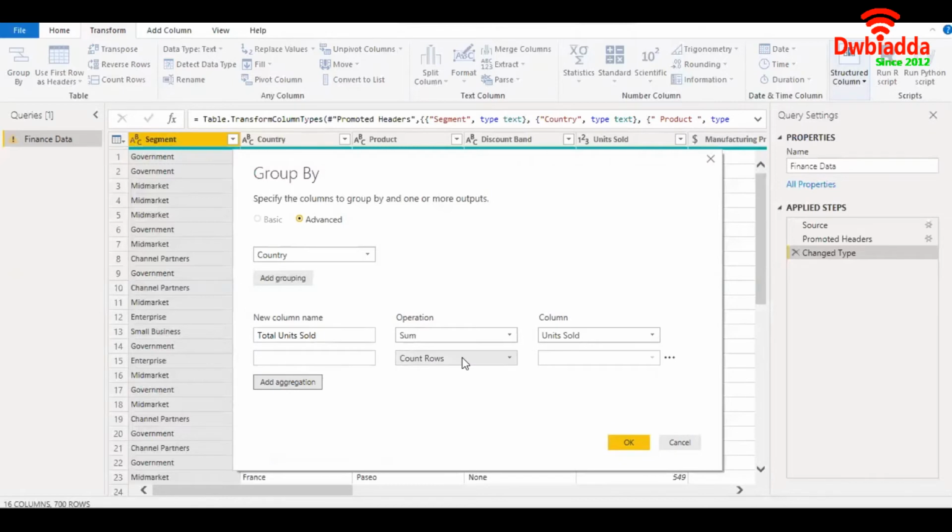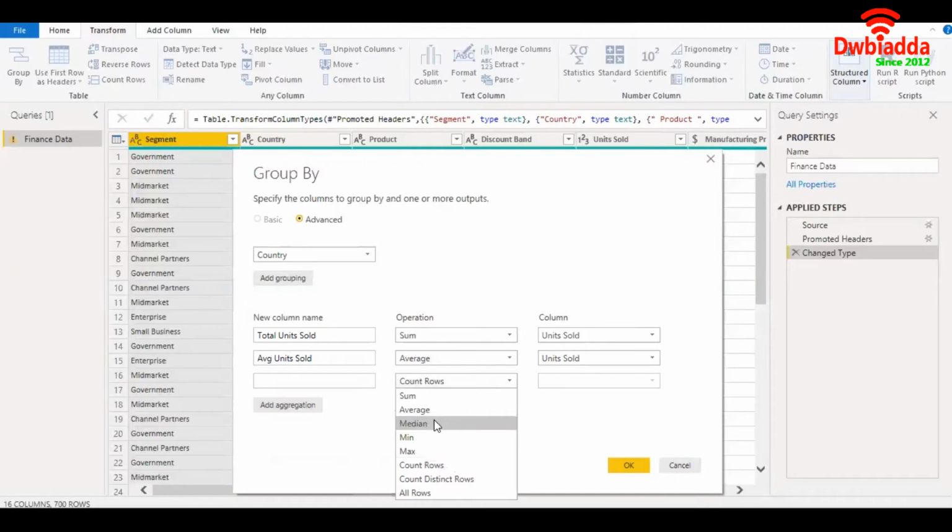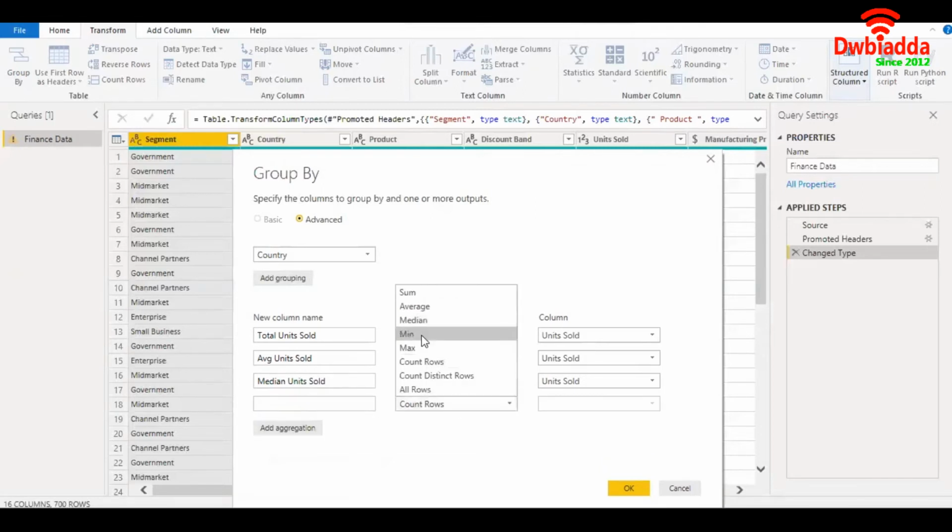I'm going to add a few more. Average units sold. Median units sold. Minimum units sold.